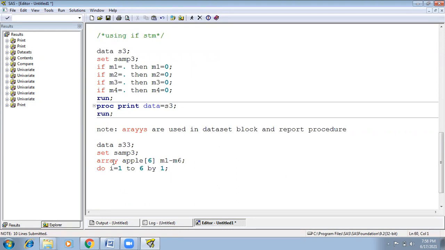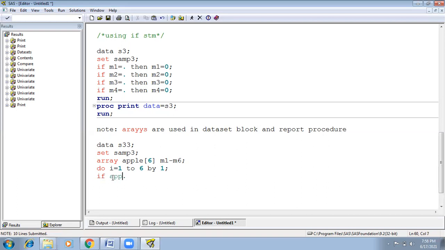Now the condition. What is the condition? If i equals 1, it means the first column. So i value means apple of i. It means array of i. Right? 6 columns, right? We are running into an array, not a single variable. With the help of this looping variable, I want to run into the array. What is our array name? If apple of i, that is it.